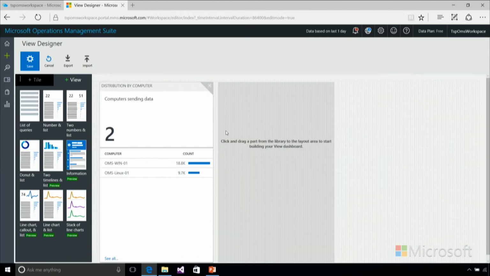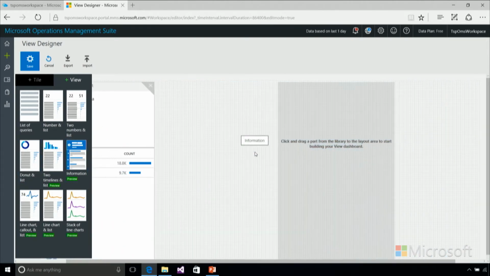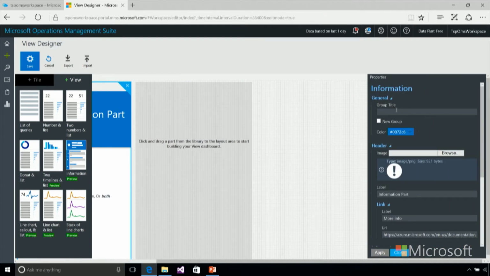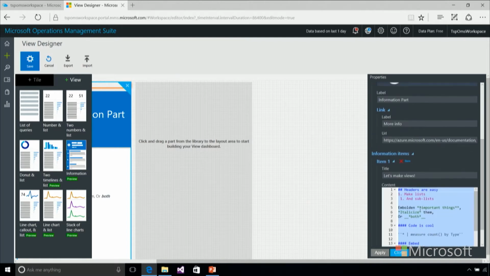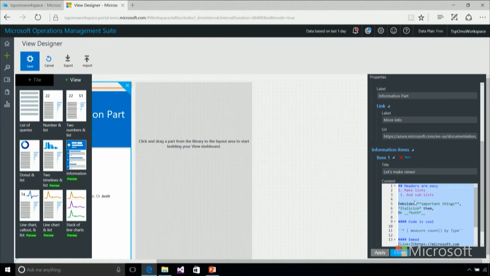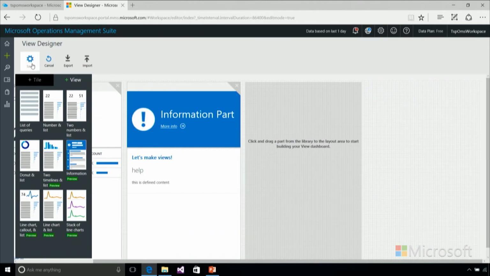I will remove this one. I could drag more and more. I could use the preview, for example. I could add a title, and I could put here an image, etc., more info with a link, and I could put here some markdown with some help. Define content. So let's go to apply. And now we are ready to save